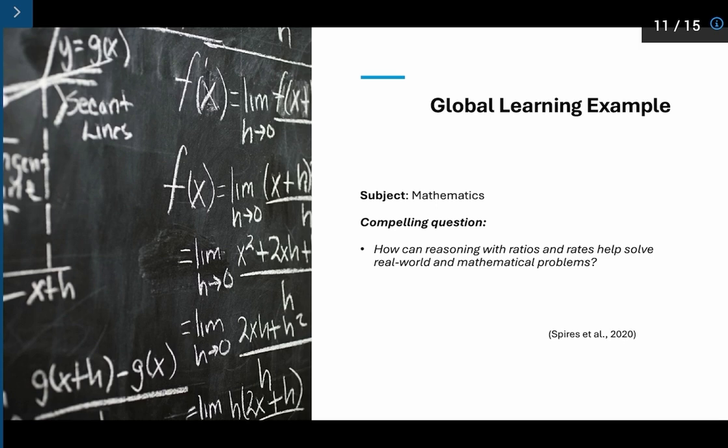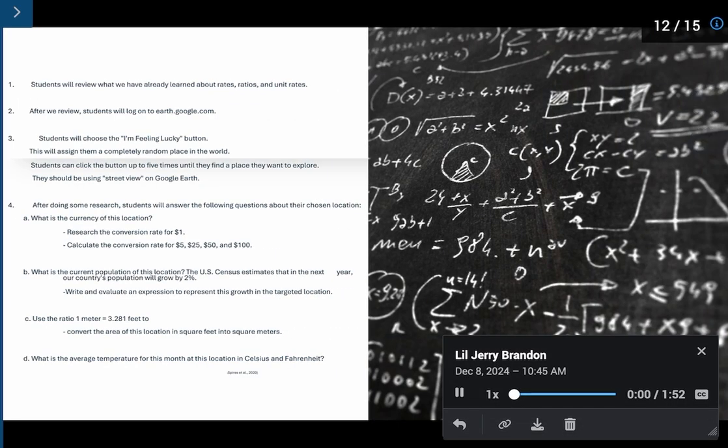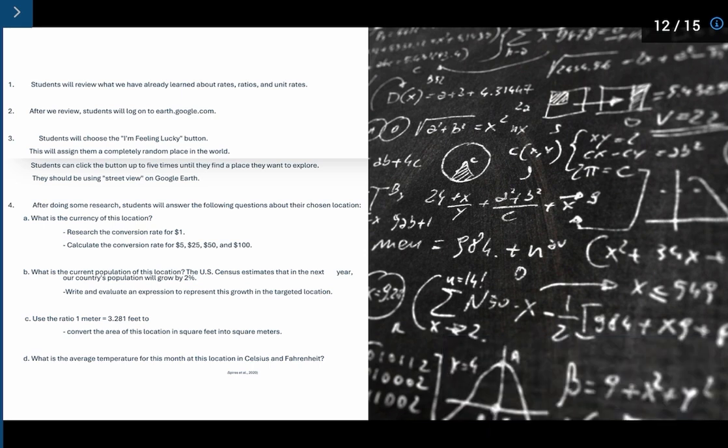For this example, the subject is mathematics, and the compelling question students develop is: how can reasoning with ratios and rates help solve real-world and mathematical problems? This example is comprised of four major steps. The first step is for students to review what they have already learned about rates, ratios, and unit rates. For the second step, they should log on to